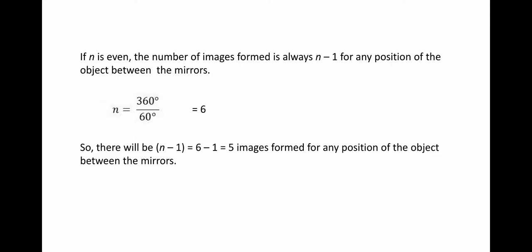I hope you are understanding this, right? So we move on next with the images formed in a pair of mirrors placed parallel to each other. If the two mirrors are placed parallel to each other, then what will happen? The angle between the two mirrors will be equal